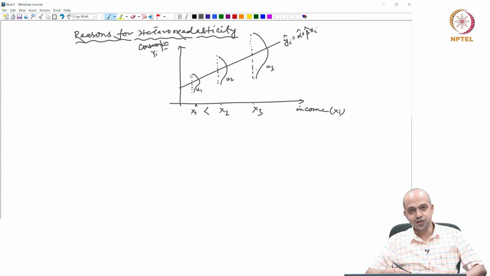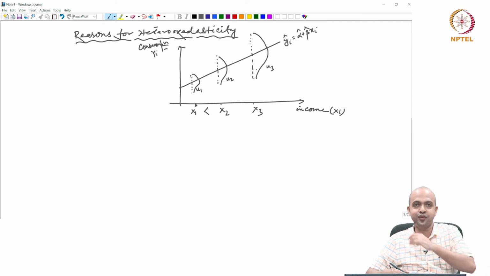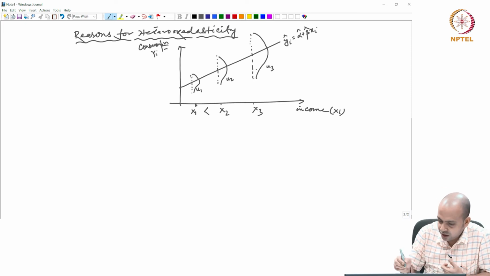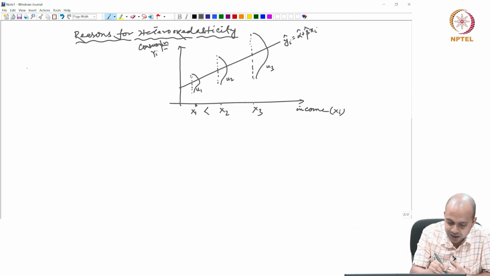Okay? That is why when you are estimating this type of consumption function, it would be highly unrealistic to assume that your error variance would be constant at different levels of consumption. That is the reason. So, in this consumption income relationship, we can say that at higher levels of income,